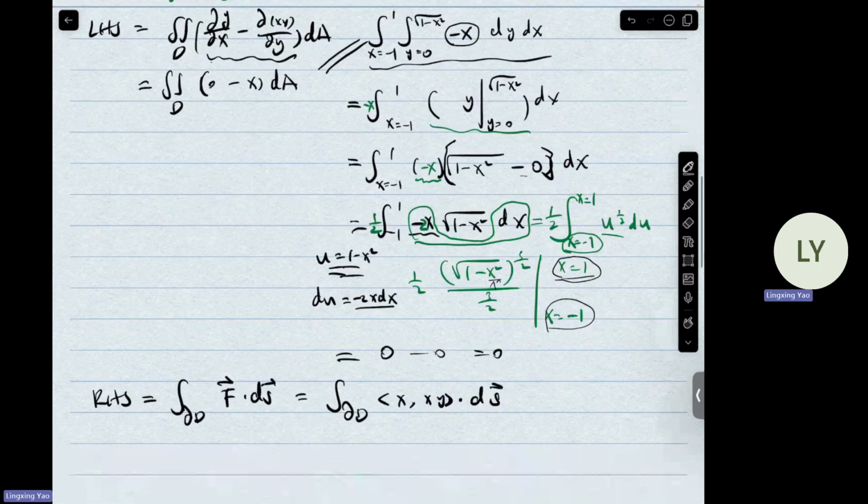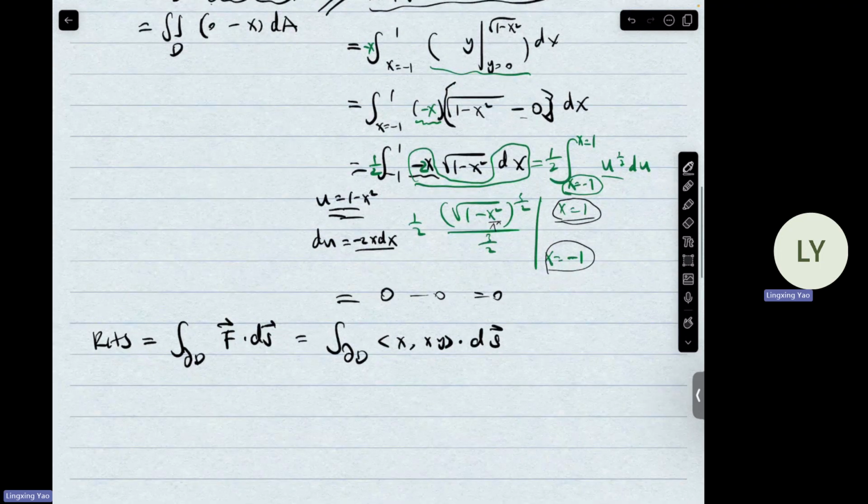Here, what we need to do is parameterize part 1 and part 2 of the edge of this domain D. So this is the part 1. This is the part 2. This is the point 1, negative 1. And for part 1,